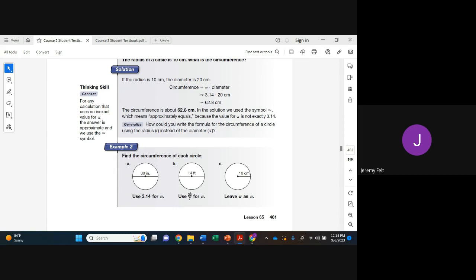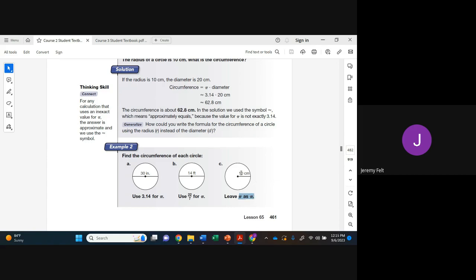14 times 22 sevenths. Well, I know the 7 and the 14. I can factor out a 7 out of 7 and 14. So I'm left with 22 over 1 times 2. That gives me 44. And then if we're told to just leave it in terms of pi, 10 is the radius, so the